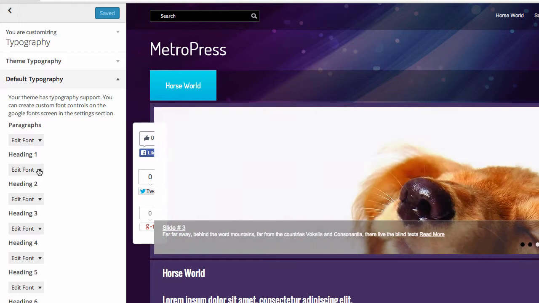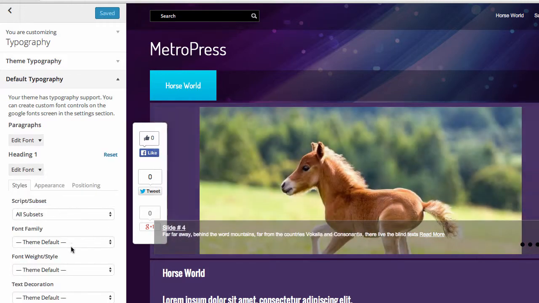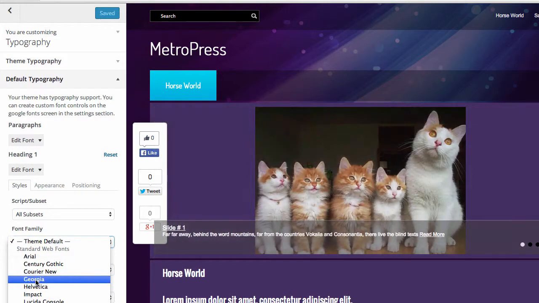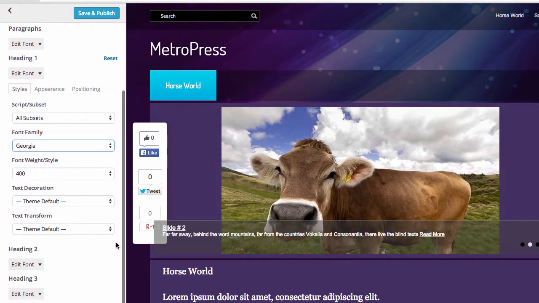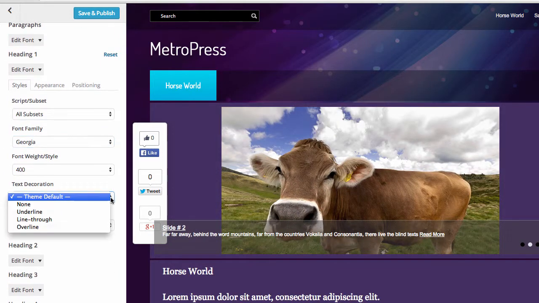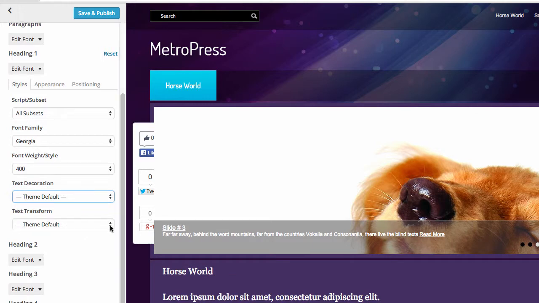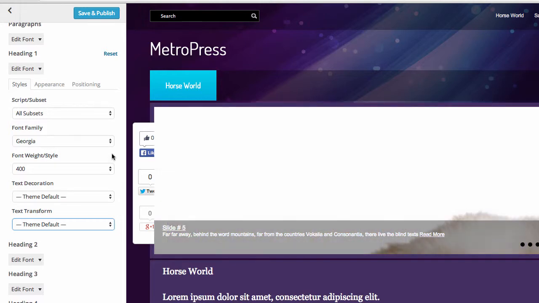Here I can change my heading tag, and you'll see the font family. The theme has thrown in a default, so I can go down here and maybe choose Georgia, and you'll see the font style for text decoration. That's where the color would go. Text decoration, text transform. It gets a little confusing, but somewhere in here it has